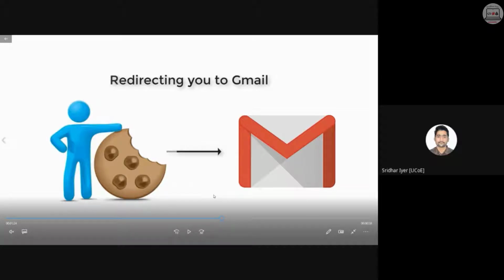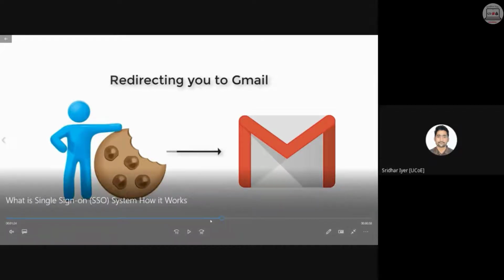But on the other hand, if after accessing my Gmail account, I somehow log out of my session, so what will happen? The previous cookie value will not be found. So in that case, whenever I log into YouTube once again, that time YouTube will ask me about my login credentials. Why? Because the cookie value is not present right now. So all the passwords and all the login information is now vanished. So at that position, YouTube will ask me about my credentials. Otherwise, it won't ask me anytime about any of my credentials. Clear?